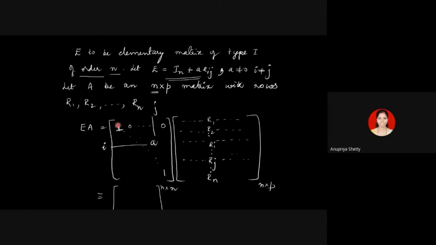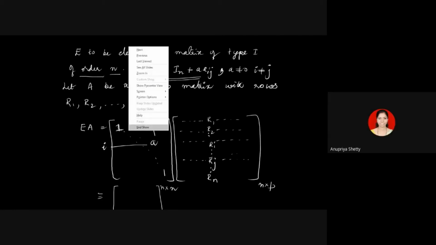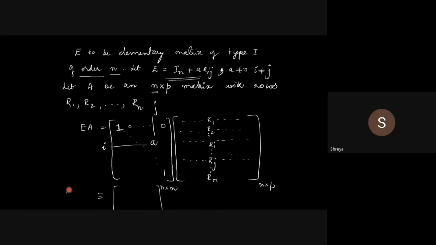No, no, no, that is not 0. How did I get beta 0? See, the first one here is beta 1. I have to multiply the first row with the second column. I am saying that the second column has beta 1, beta 2, etc., beta n. How do you multiply the first row with that column? 1 into beta 1, then 0 into beta 2, plus 0 into beta 3, etc., plus 0 into beta n. So finally, what is the entry that will appear in the 1/2 position? Beta 1. Correct?